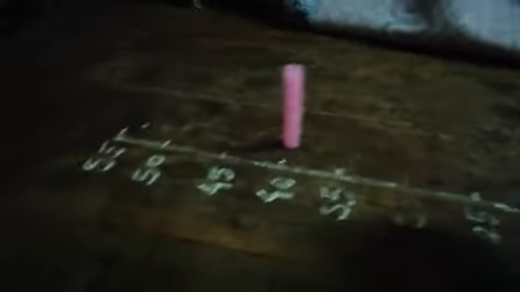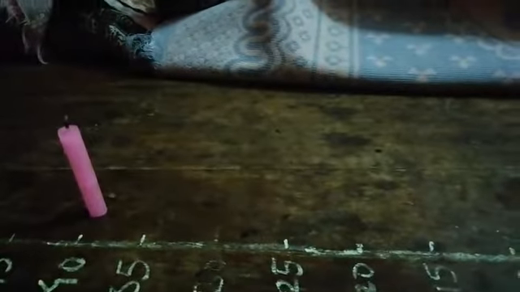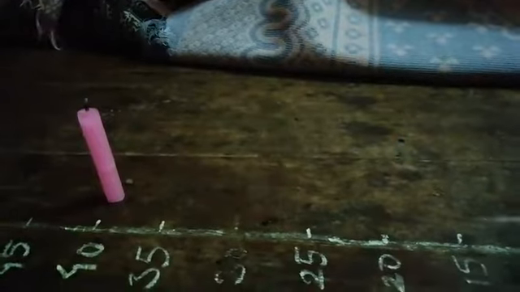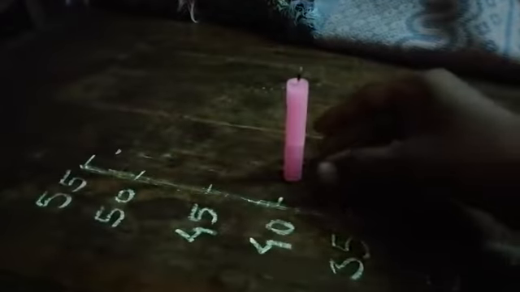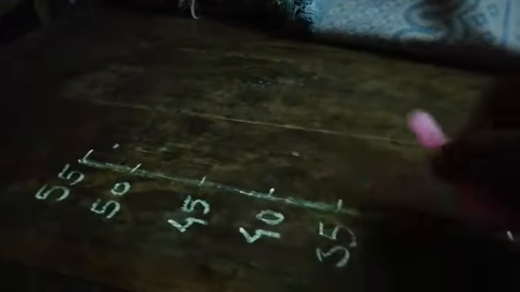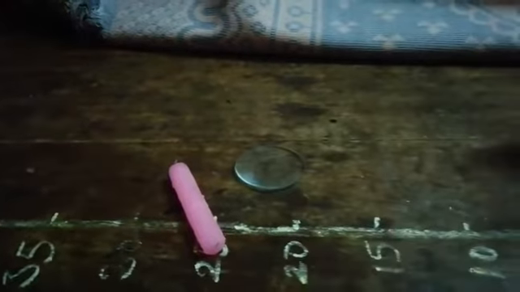Good morning, students. So today we will perform an activity to see different images found by the convex lens. So this is a convex lens. To perform this activity we will take first a candle, a biconvex lens. To place this biconvex lens we have taken a V stand, and to observe the image, a screen.